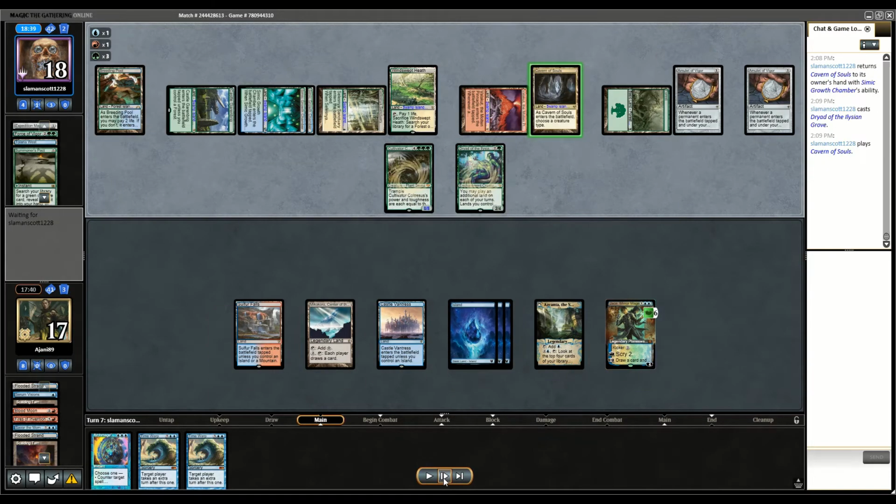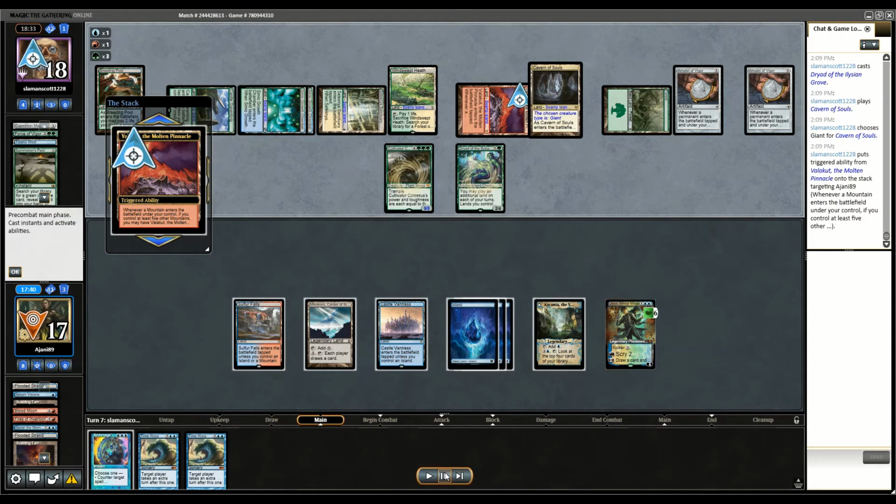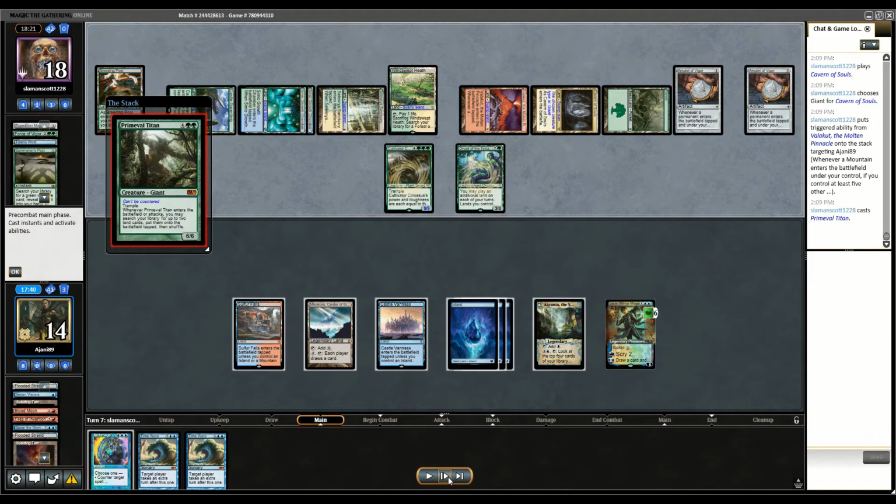There's a Dryad, which is not good with all the Valakut triggers. And then he got to return the Cavern to his hand. And then, yeah, he's got the Titan too. So at this point, even if I tap down, he's got the Amulets, he's got the haste lands, he's got the Valakuts. Even if I tap down his Primeval Titan,